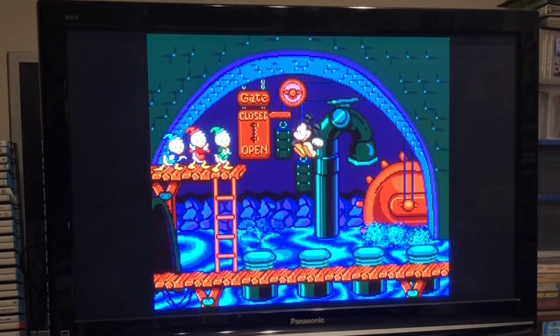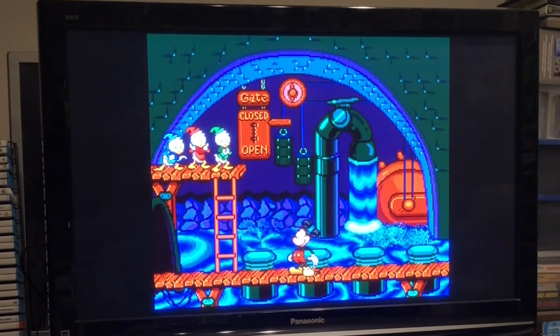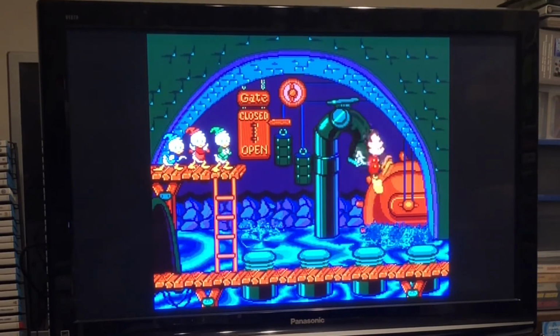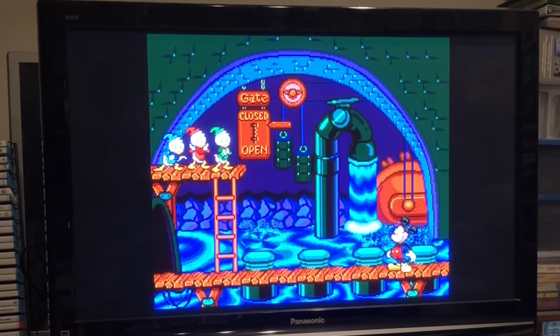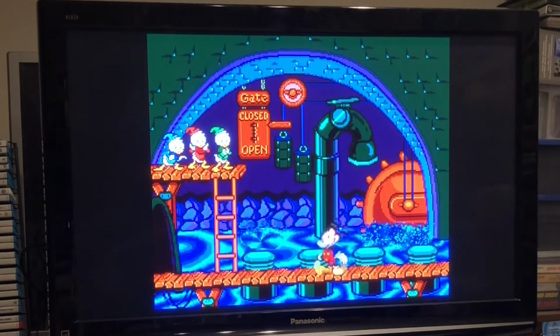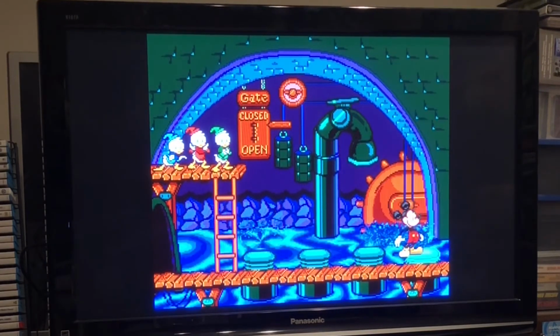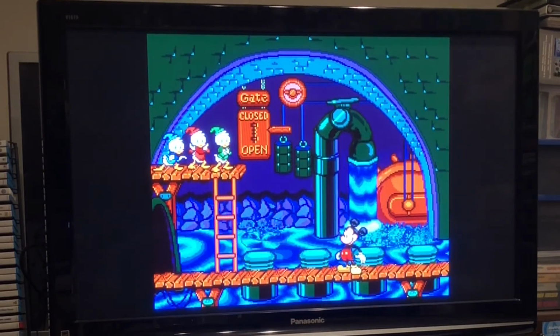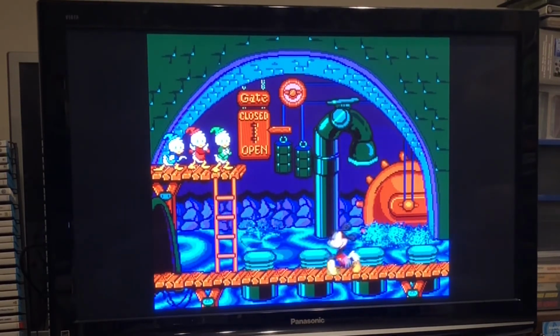Which is what I would say about Mickey's Ultimate Challenge. It's not bad, it's just what it is. It's probably intended for a younger audience than me, but I have no problem with that, and I still think there's some enjoyment to be had here, even if you're not the intended audience. It's fine. It's a good game if you want to collect all of the different Disney games that are available